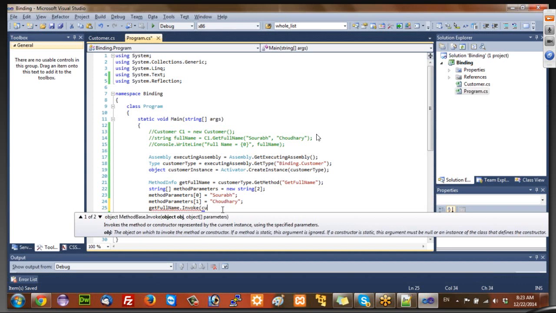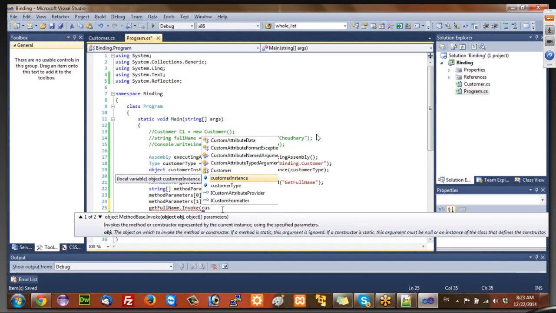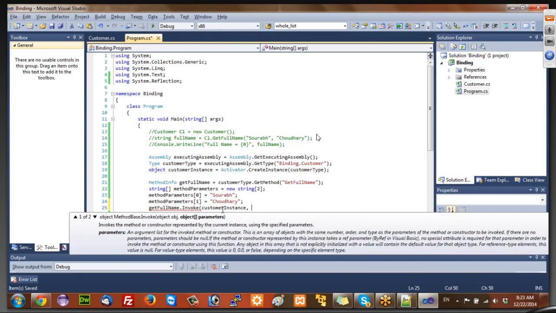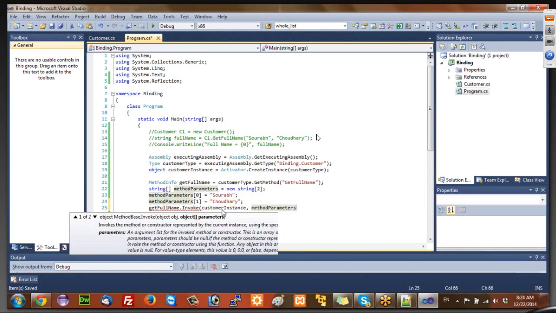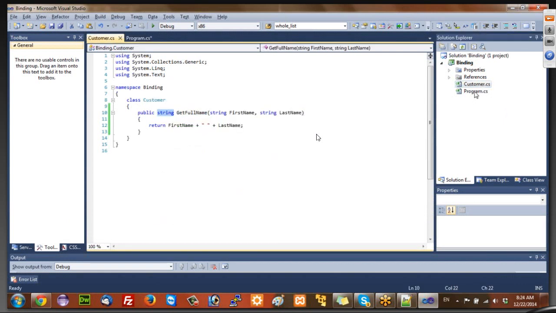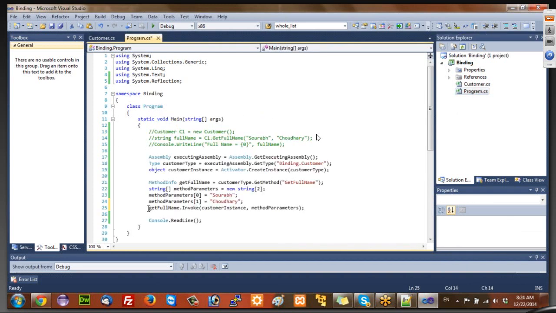So pass that customer instance, and the parameters are in this method parameters. Okay, so this is how you call. Now GetFullName gives you a string, so there should be a string to catch it. So string